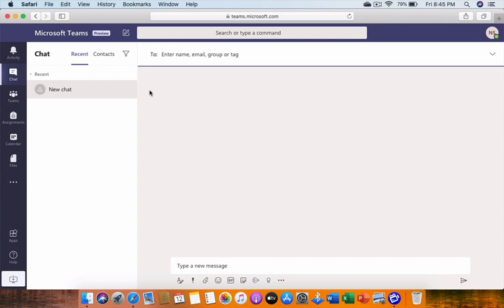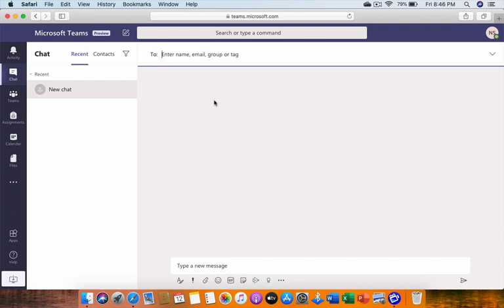Microsoft Teams is also available as an app. If you see the cursor over here, it is telling us to download the desktop application. You can also download the Microsoft Teams app on your laptop or on your mobile phone. You can download and install it and sign in with the password which you just created.